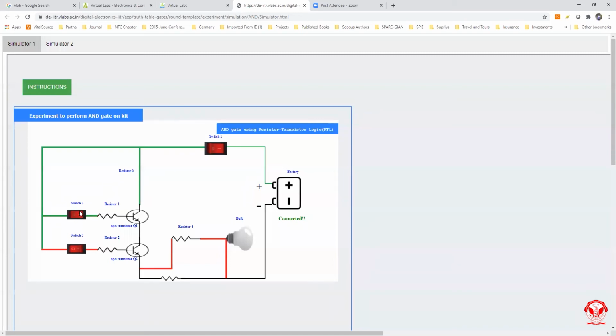Once only one of the switches is turned on, will this bulb turn on? No. The reason is that this is your AND gate. Both of them have to be turned on. Once you turn on both of them, this bulb will glow, and that will let you know whether the circuit is working well or not. Also the direction of current is shown. In fact, the current flow and wherever the connections have been made properly has been shown in this form, and this bulb has glowed. This is how it is going to work out.